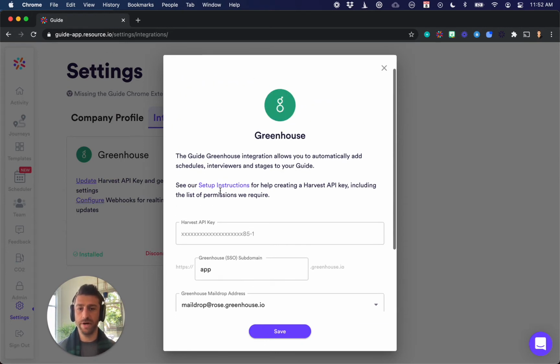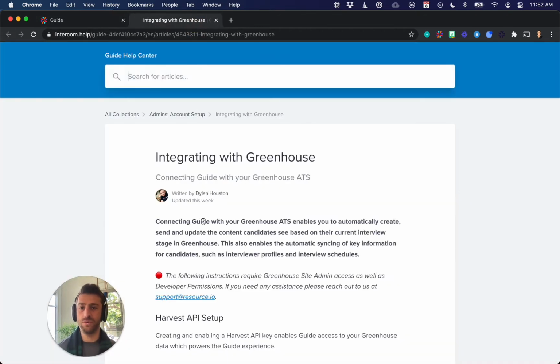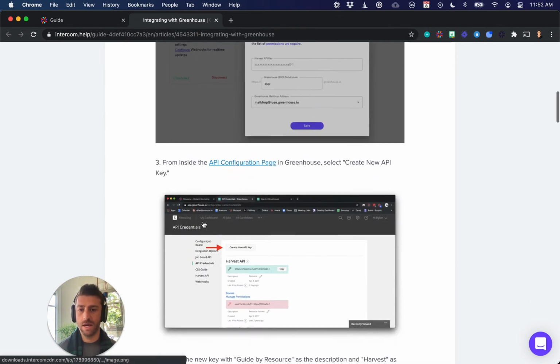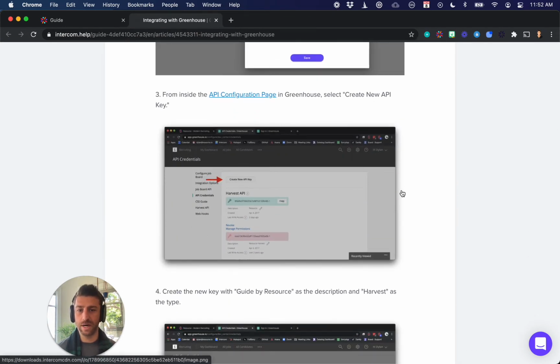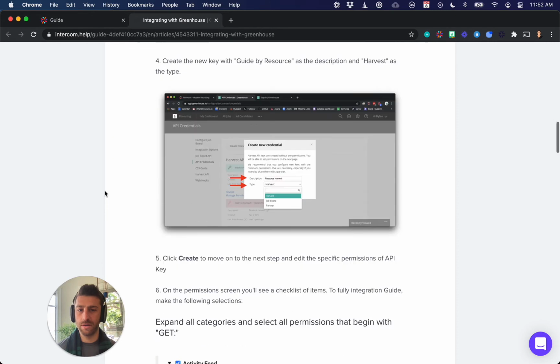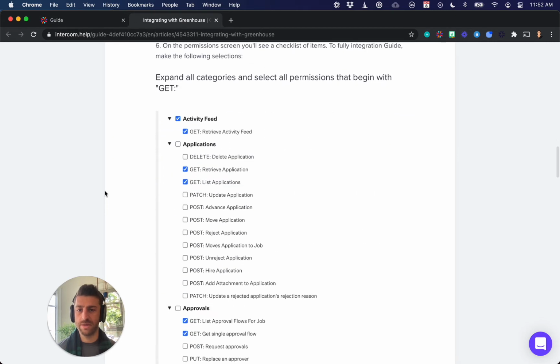So to generate your Harvest key, you'll click on this link, which will open a new tab to our support article covering the basics. And it'll bring you through the process of generating a Harvest API key in Greenhouse. And once you're done with this step,